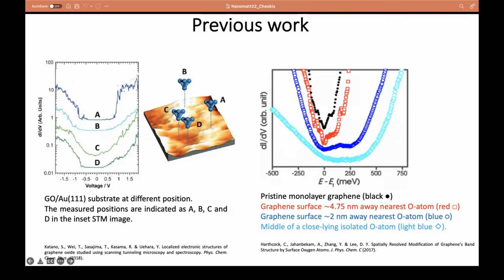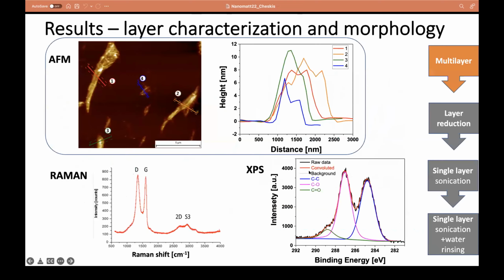For example, if you go into single graphene, we start to see a V shape, and when we go closer to this oxygen, we get smeared, similar to what we get in a multi-layer, a very wide curve with an energy gap inside. Okay, so this is a previous work, and we started to make